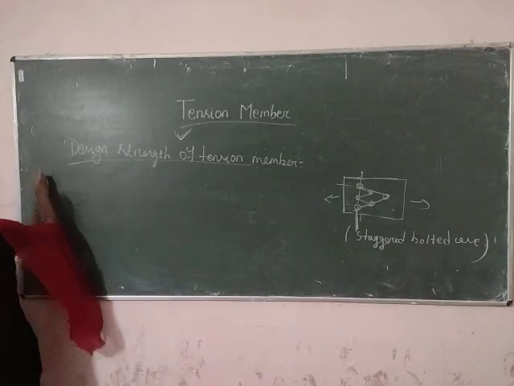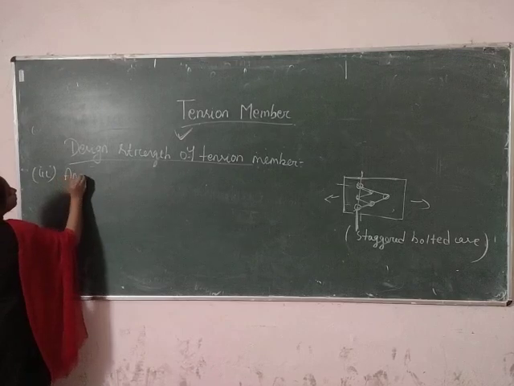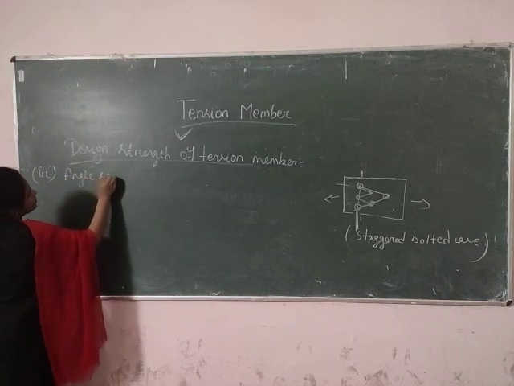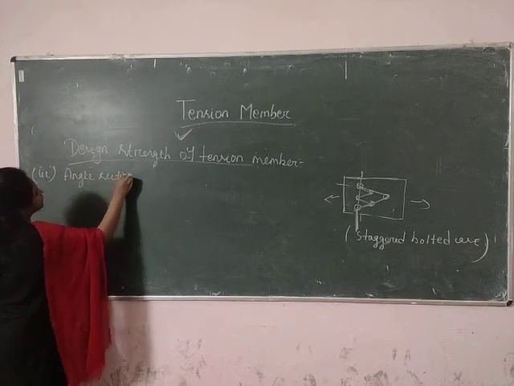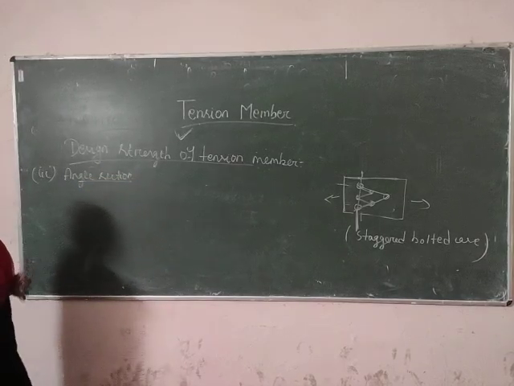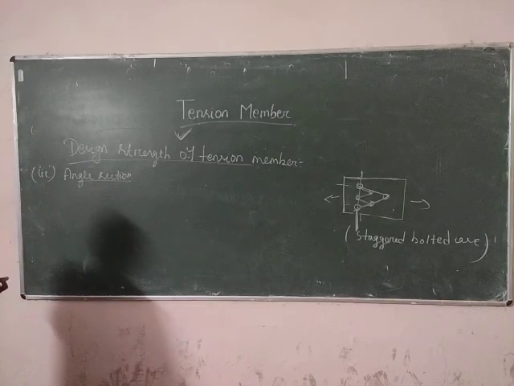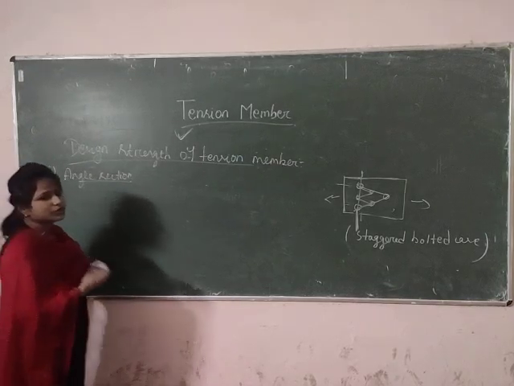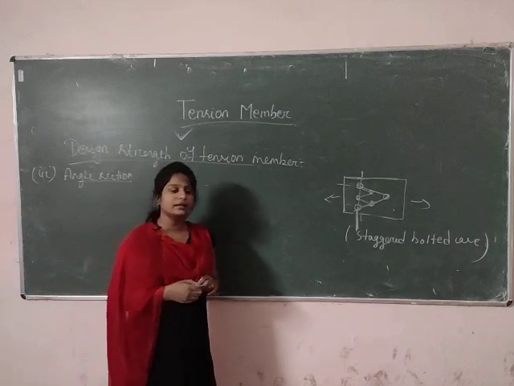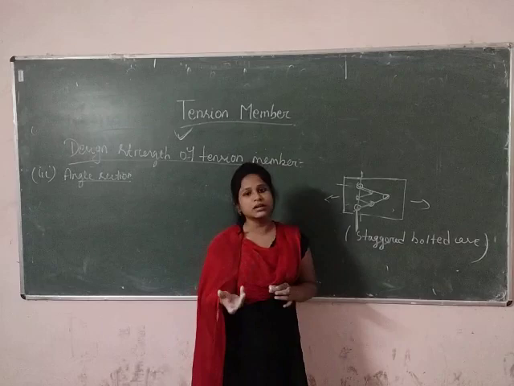That if the angle sections are used as tension member. Okay, if the angle section is used as the tension member. Okay, so if we talk about the tension member, then only one leg we can connect with the gusset plate